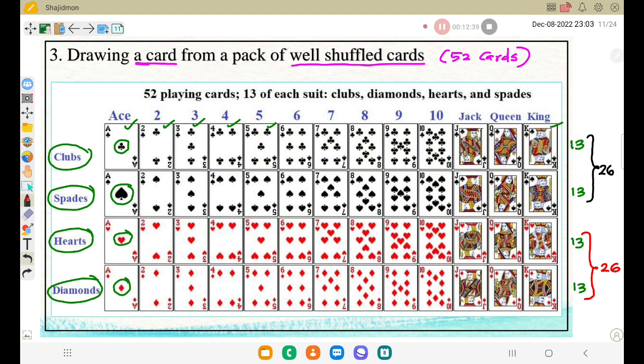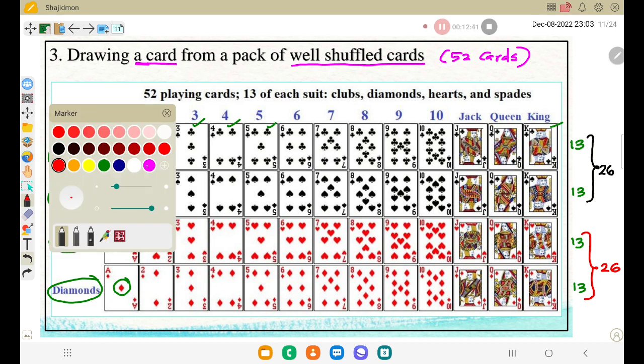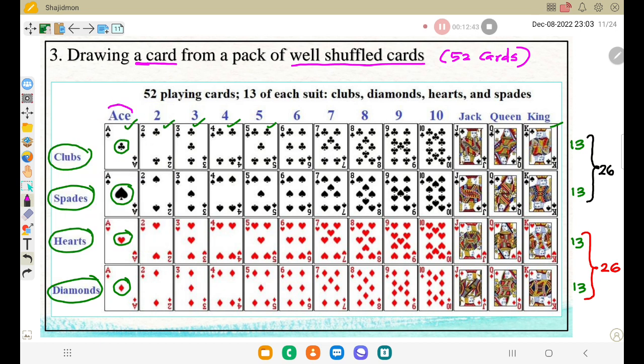Now out of these cards, again we have some categories. You can see here the ace card is there, correct? How many ace cards? Ace card means here you can see the capital A. How many ace cards we have? We have 4 ace cards, correct? 4 ace cards are there, 1 2 3 and 4. And number 2, we can see number 2 marking. How many number 2 cards will be there? Again 4 cards are there, correct? Out of these 4 cards, 2 cards are black color and another 2 cards are red